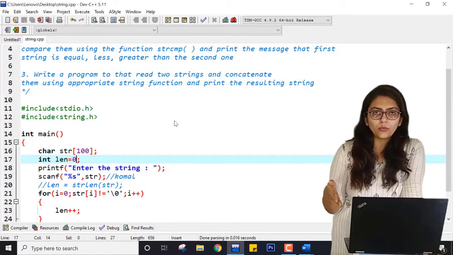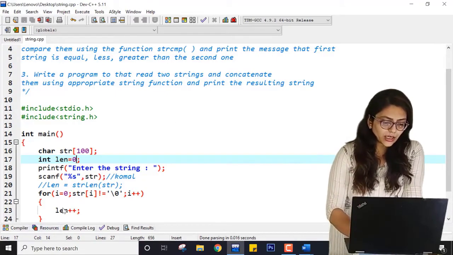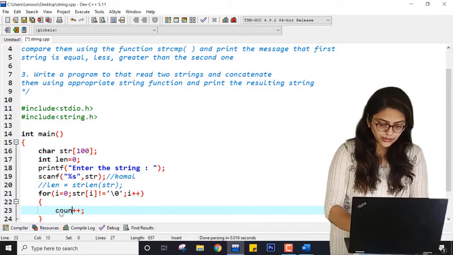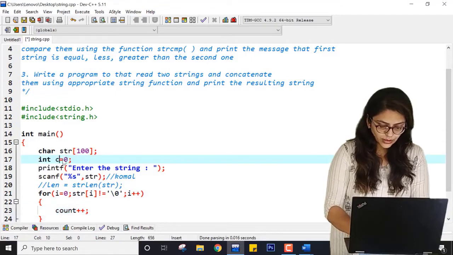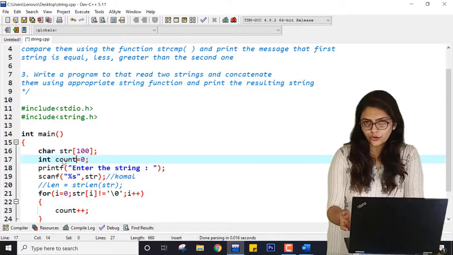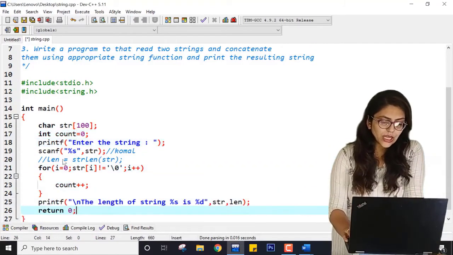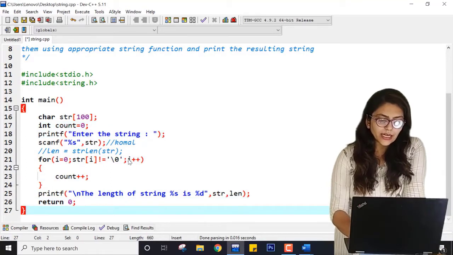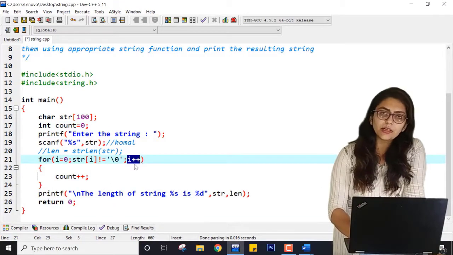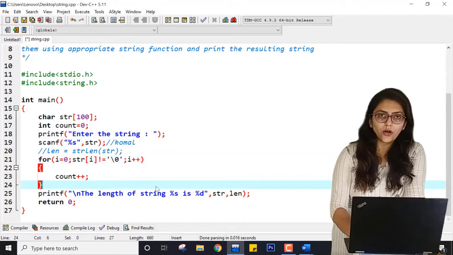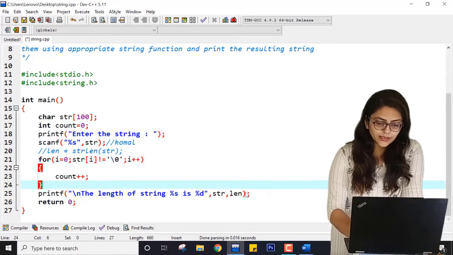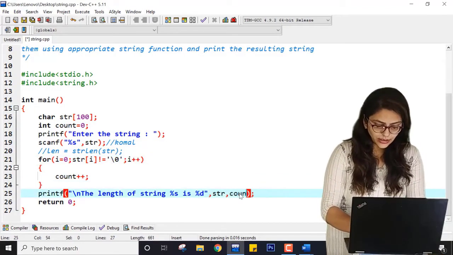You can also take count here, that is count plus plus. It is basically your choice what you want to use. If you don't want this, you can directly print the value of i at the end, because the value of i will be similar to the value of length. So here, instead, I am writing count.